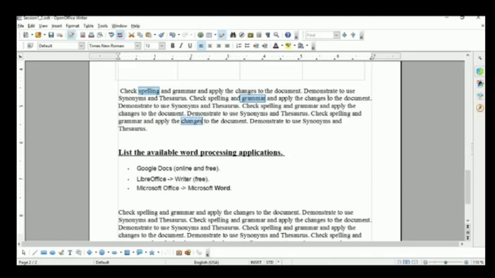Like this, like this. This is the way to select your text. How can you select? With the help of Control and mouse. First you select that word, then press Control key and then place your cursor to another word and then select it with the help of mouse like so. Is it clear?